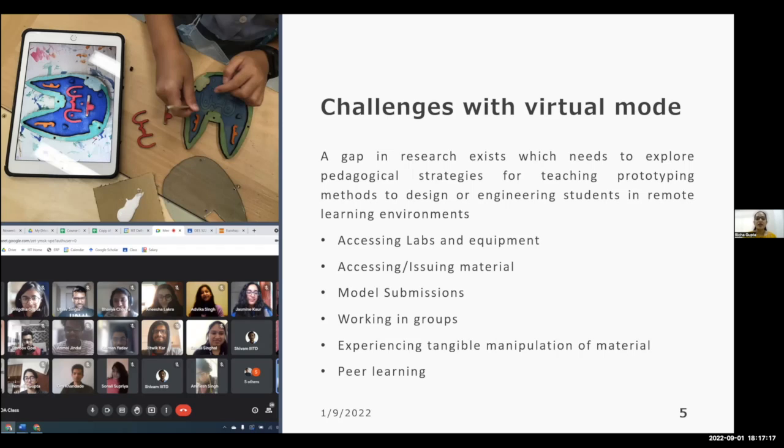Because just watching tutorials or just looking at videos may not be as helpful in effective learning of manipulating the material as compared to working with those materials yourself. So all of these issues were there, and I also looked at available literature for this,